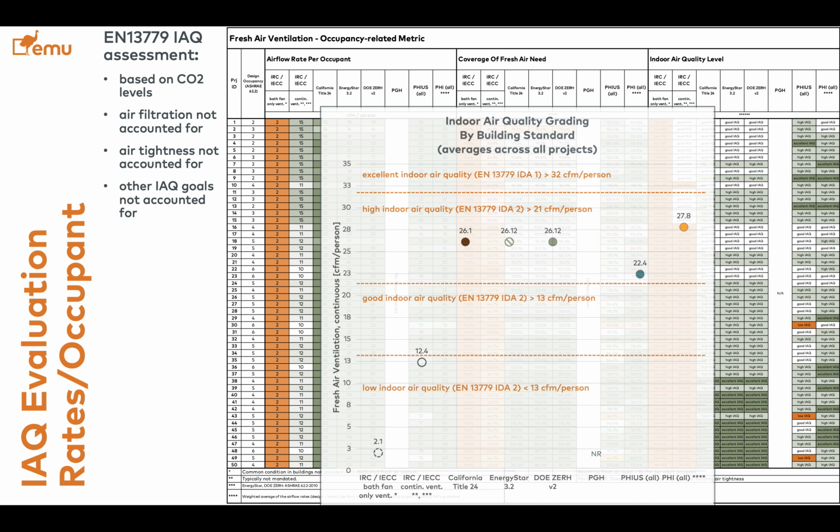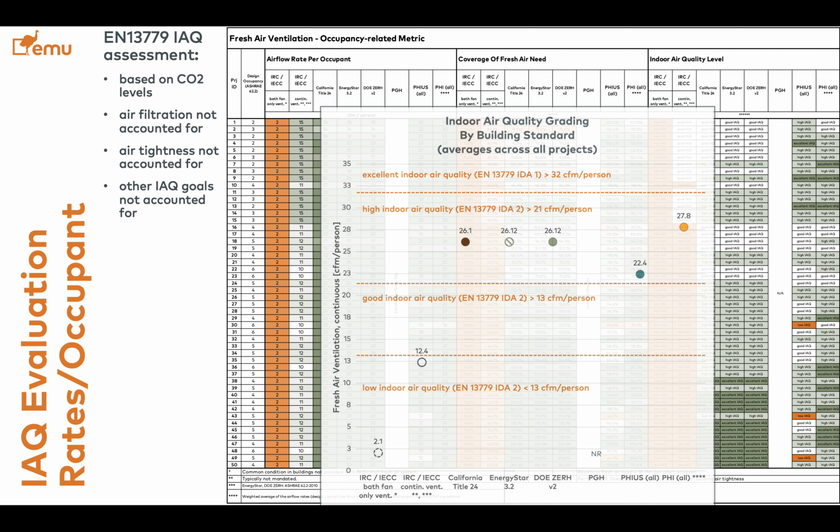Now, something that is very important here is that the way we modeled the code minimum, IECC, is actually very generous with building code. If you look at the left-hand side, here we see 12.4 with the solid white circle. And that is assuming continuous fresh air ventilation, which regular energy code or building code does not require. If we have extraction only from the bathrooms, the air quality is way lower. If you look at the bottom left of this graph, there's the 2.1